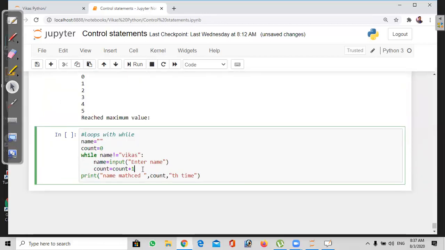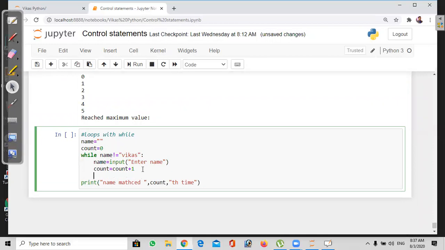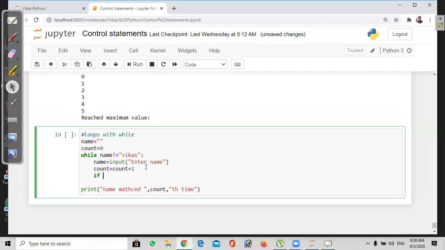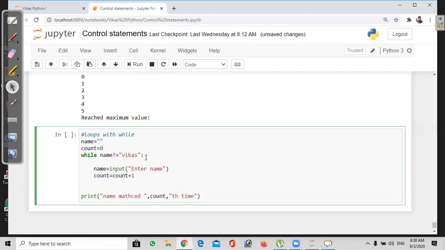When it reaches 4 times here, count equal to 3 times.